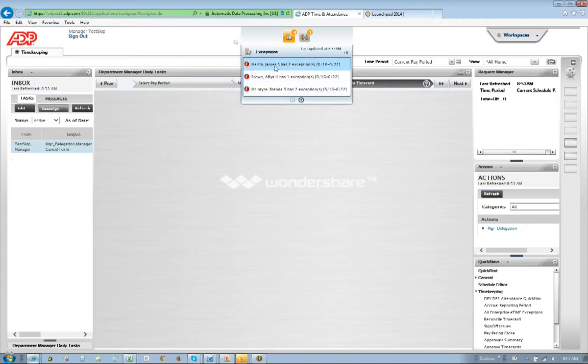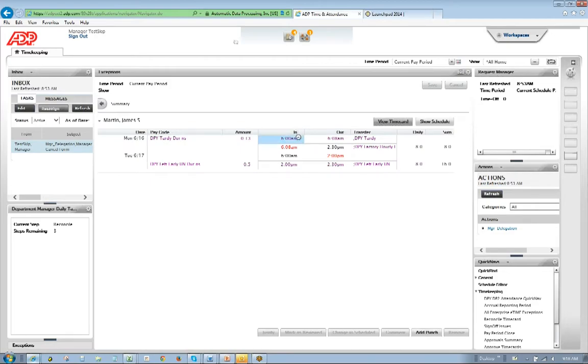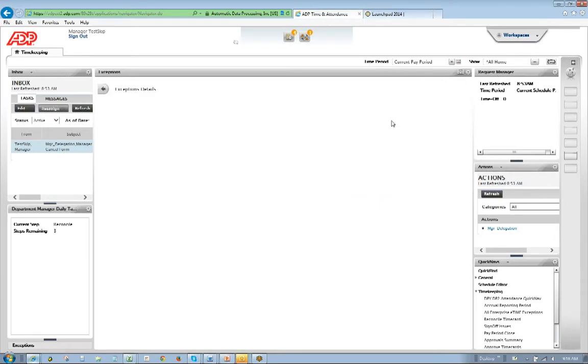I can see that James Martin has 2 exceptions for these 2 dates. I click right on him, and it shows me that he punched in early and he punched out early, so maybe he had a reason for that. If I look at his time card, I want you to notice one other thing,